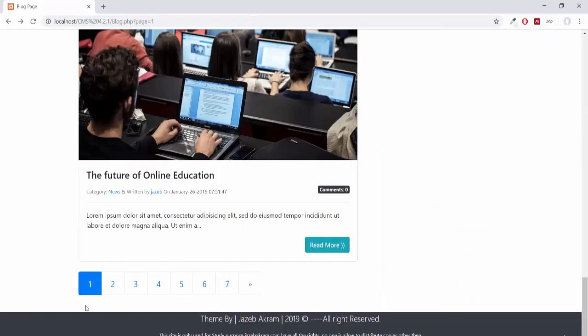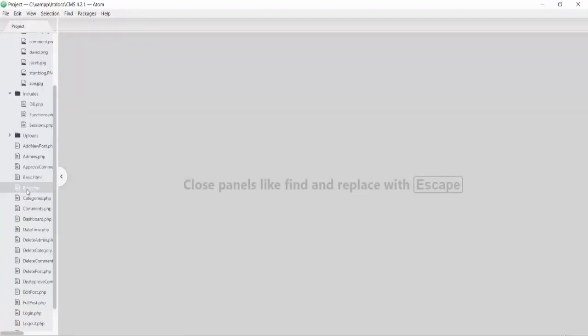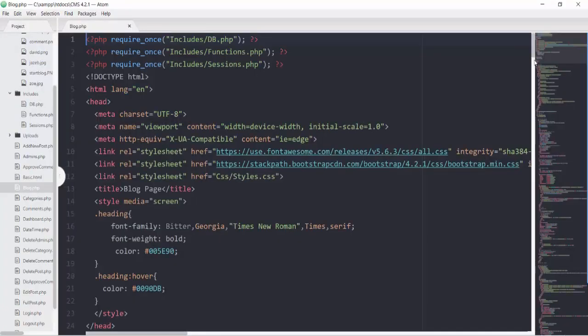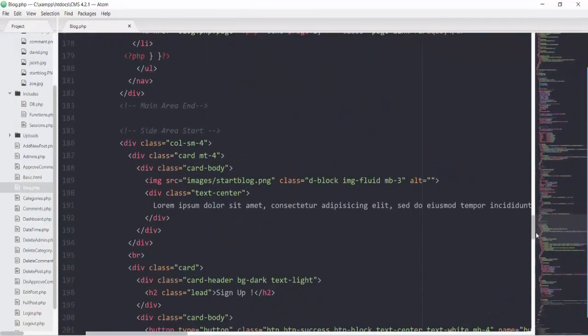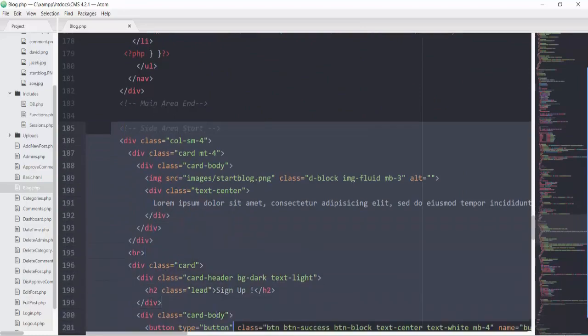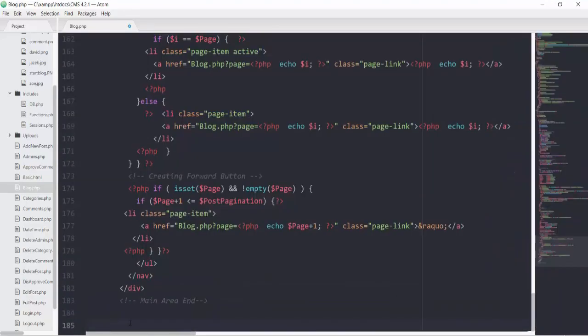So I'm gonna open my file of blog.php. So here is this file, blog.php. Now I'm going to my side area, where the side area is starting. You can see our side area is starting from line 185. So I'm gonna cut everything from here. For a moment, I cut everything from here, and I will create another file